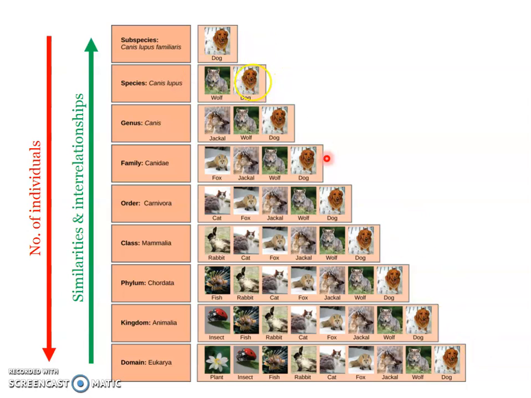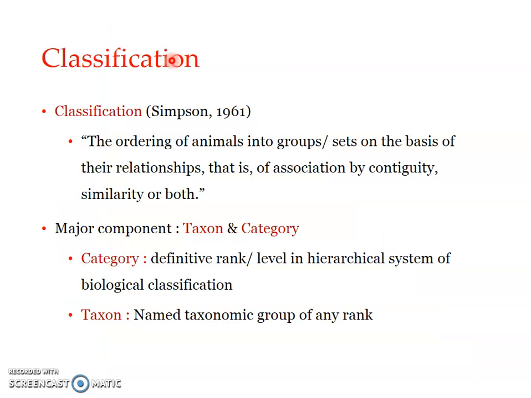So there is a hierarchy downward, and we can see that as we go down the hierarchy, the number of individuals in the group decreases, but the similarities among the members increase. Now coming